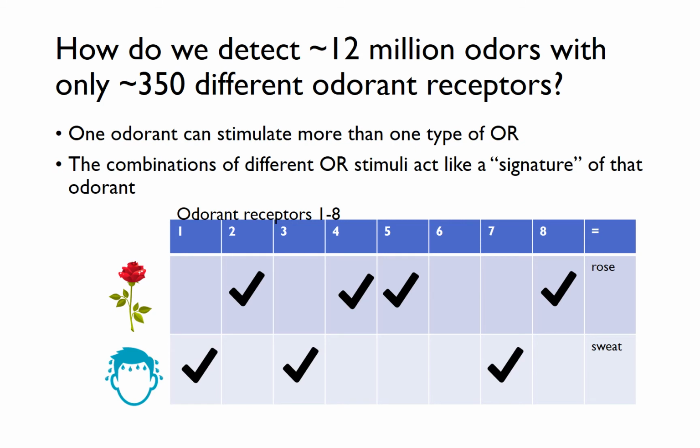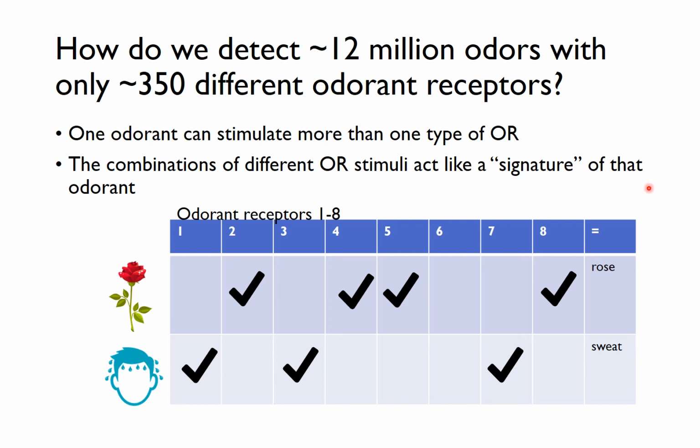I just said that humans only express about 350 different types of odorant receptors. So how is it that humans can detect something like 12 million different smells if we only have 350 different types of odorant receptors? Well, that's because a given odorant, one chemical compound that we can sense as an odor, can stimulate more than one type of odorant receptor. And then the combination of the different odorant receptors that are stimulated acts like a signature of that odorant